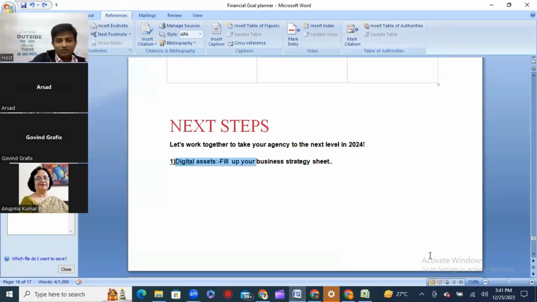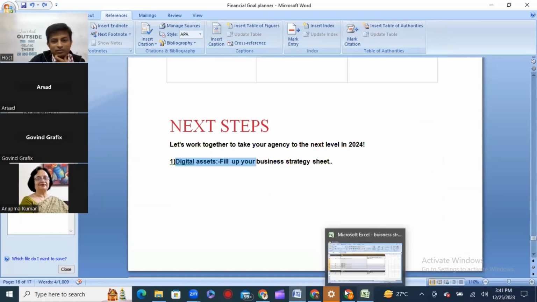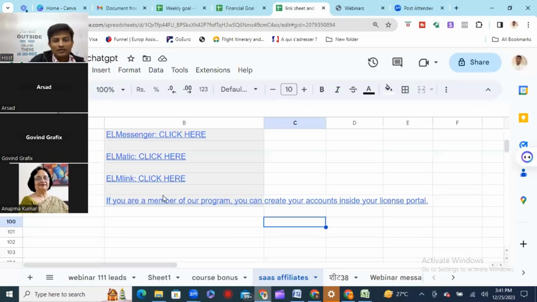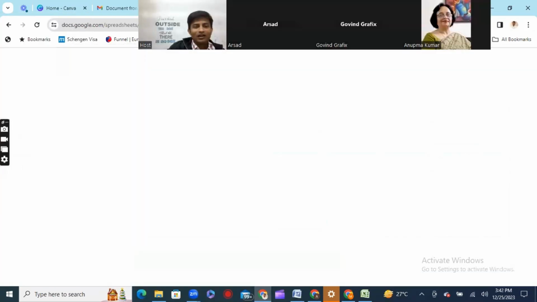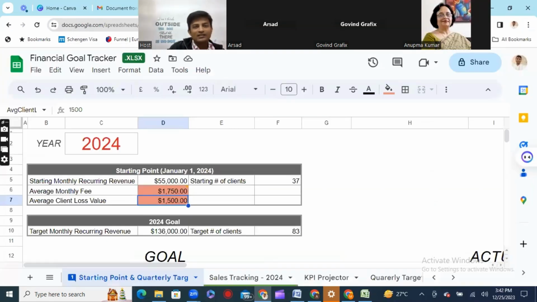Once we are clear with our goal, now this is a very important sheet that I'm going to share with you. I want you to think of yourself as a top businessman, because you are achieving a 1 crore goal or $1 million goal. So you are not the same person. You have to feel that way. What kind of person have you become? That kind of person does not work on pen and paper. They work on Excel sheets.